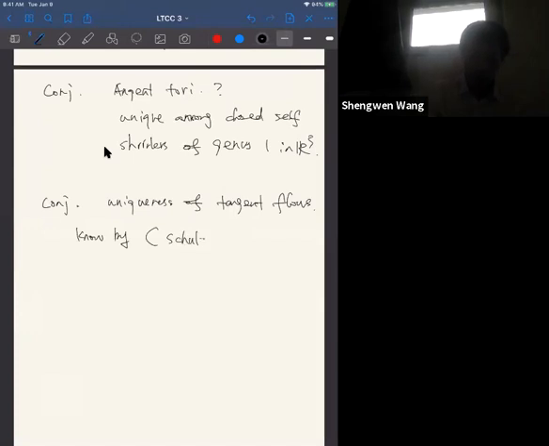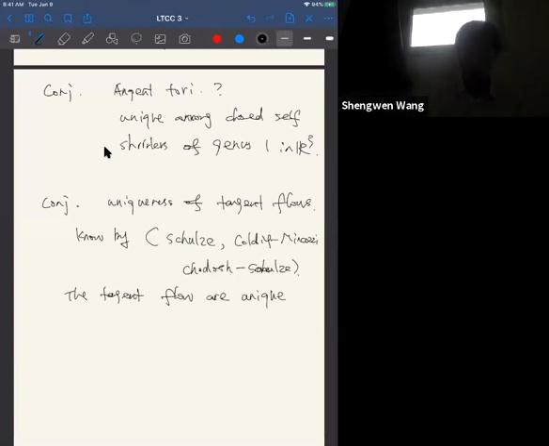Felix Schulze, who proved that if a tangent flow is a compact, closed self-shrinker, then the tangent flow that you obtain is independent of the choice of the subsequence. And also by Colding and Minicozzi, and also by Chodosh and Schulze. So the tangent flows are unique if one of the tangent flows